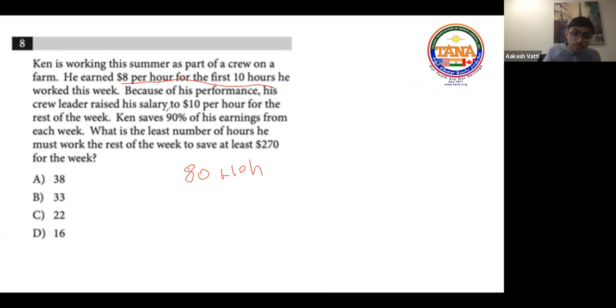Because of this, for the rest of the week he gets 10, and then he saves 90% of it. So you multiply this entire thing by 0.9 because that's what 90% is. 90% of this is what he saves, and he wants it to be at least $270, preferably more. Now you just have to solve for h. Divide by 0.9,